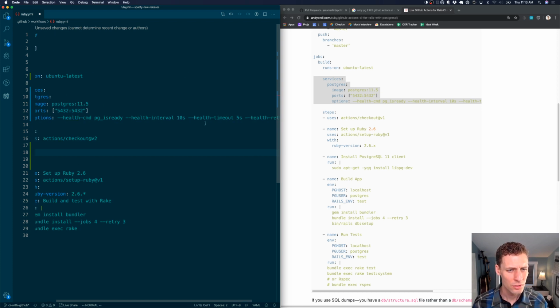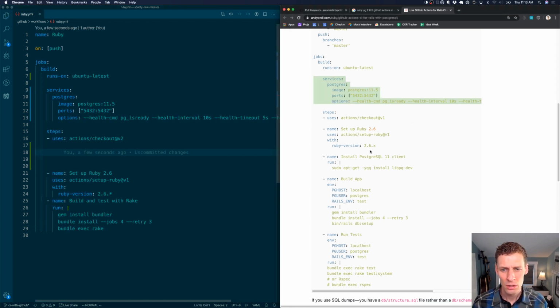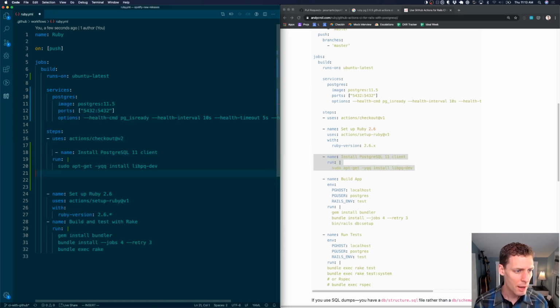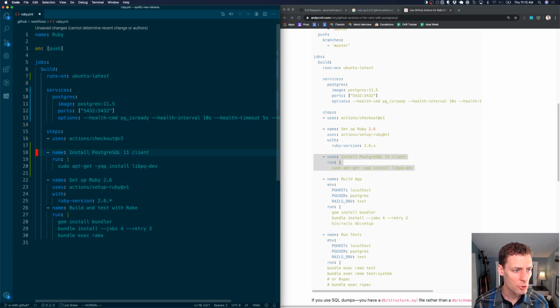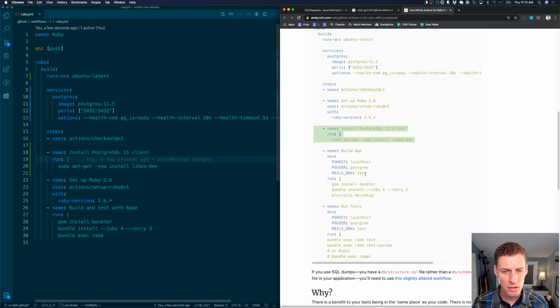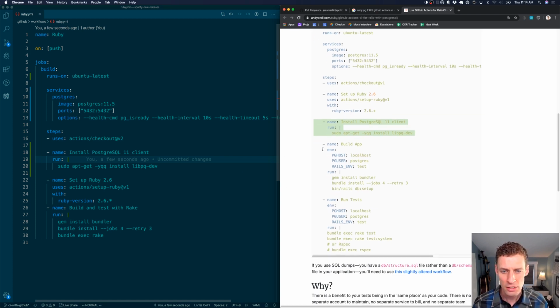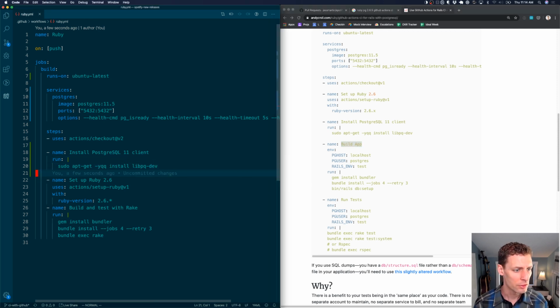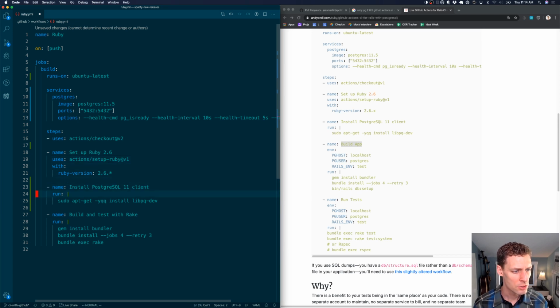So there's the ports and all. Hopefully this installs Postgres 11 client, but I'm keeping my eyes on that. Not sure that that's actually going to install the correct number. Also, be really careful when you're doing indentation in YAML, because like Python, the indentation actually matters. So, setup Ruby 2.6. Oops, looks like the setup block needs to move above. Not sure that that's absolutely necessary. So now we're going to separate build app